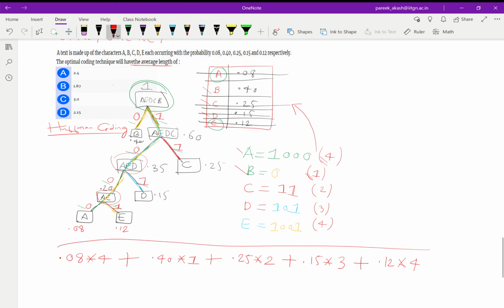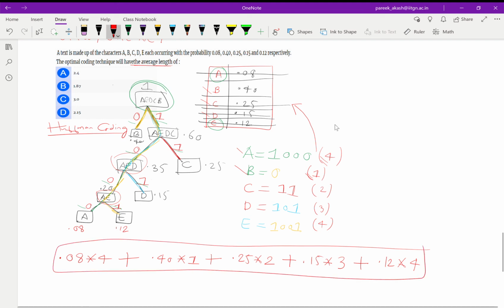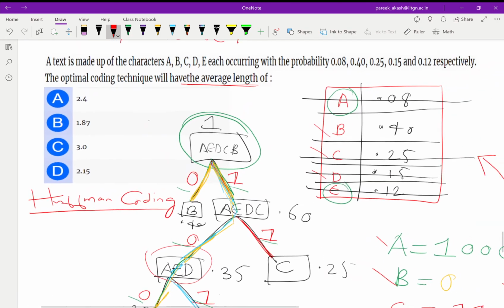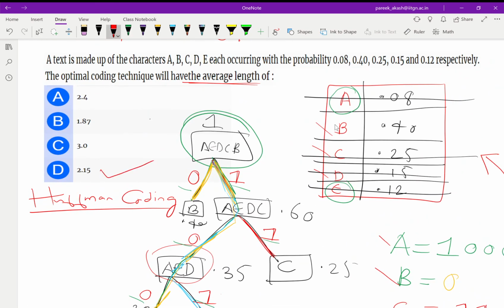If you sum this you get 2.15. So the average length will be 2.15, which is the answer D.